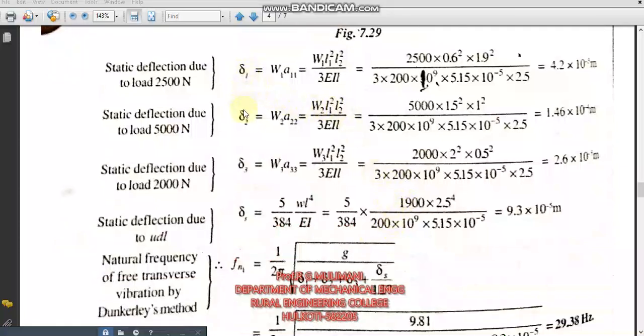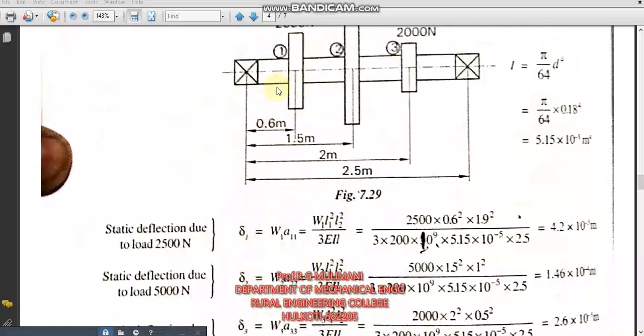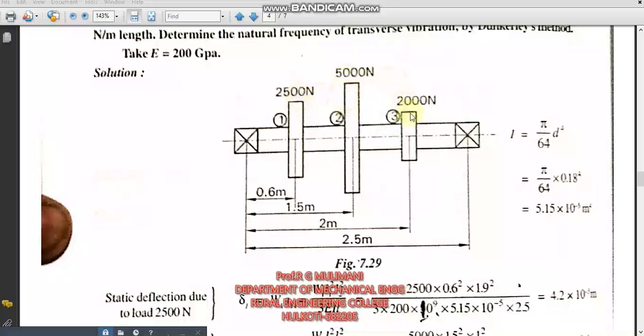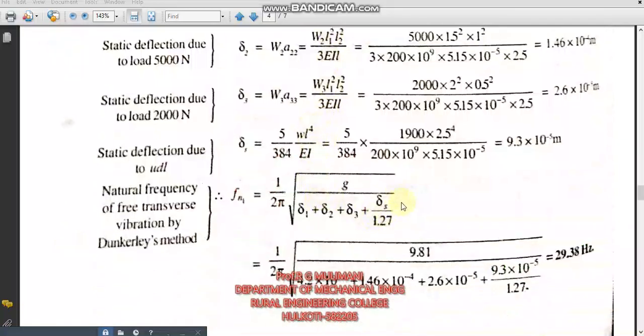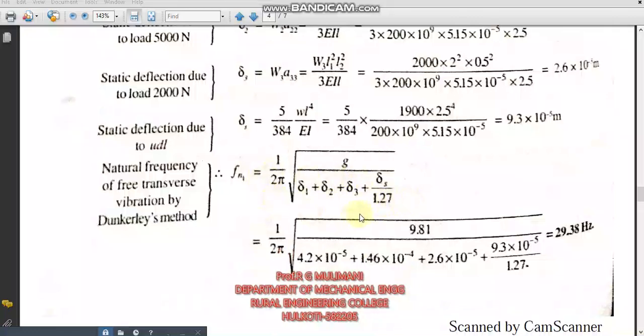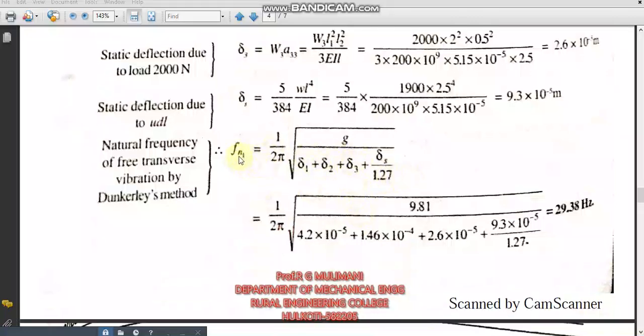Now you consider all these deflections, that is deflection due to load 1, load 2, load 3, and deflection due to the weight, that is the UDL. When UDL or uniformly distributed load is present, you have to consider delta S divided by 1.27. This is how you find the natural frequency of the system when it is subjected to loads as well as